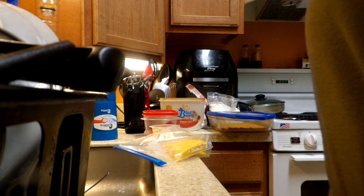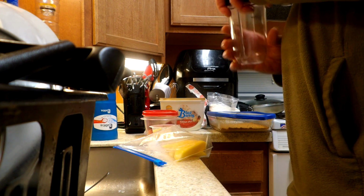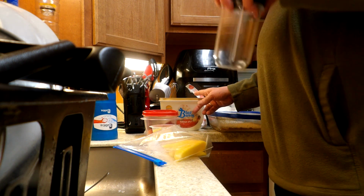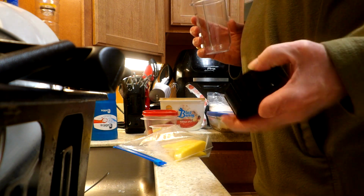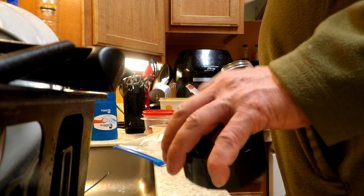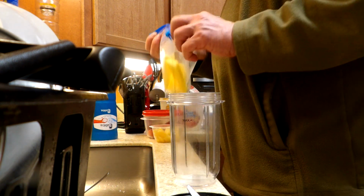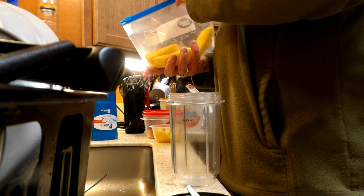And I've already got my 4 eggs and ½ cup of olive oil in the fridge right at the moment, because I didn't want to have everything crowding up. I have a ½ cup of red cap milk. If those of you know what the red cap is, it's whole milk, and that's just waiting for me to add the other contents. It's going to be going into a French vanilla cake base, dry base,